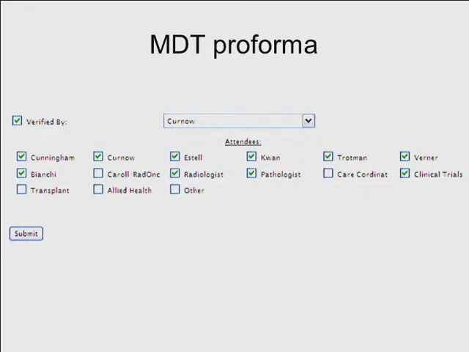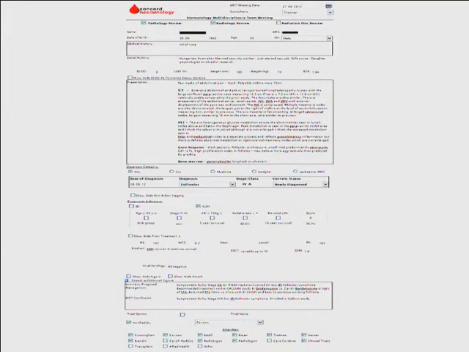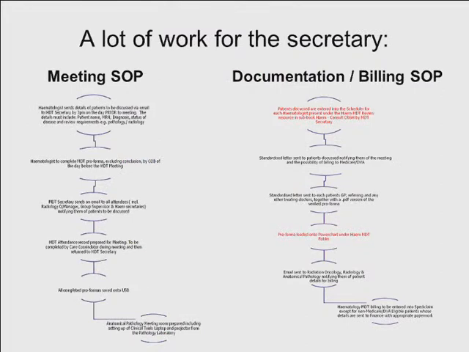This Proforma was verified by the chair of the day, Dr. Curnow, with the relevant attendees ticked in the relevant boxes. And this is a whole screenshot of this patient's Proforma as verified and posted to the GP. It's a lot of work for our secretary in driving the meeting standard operating procedure, but also in documentation of